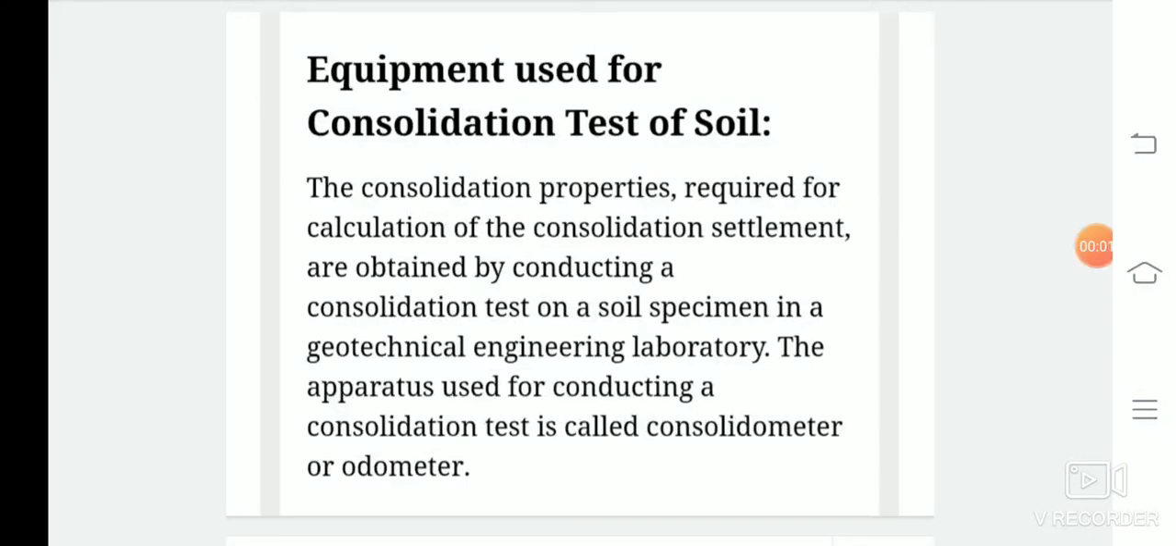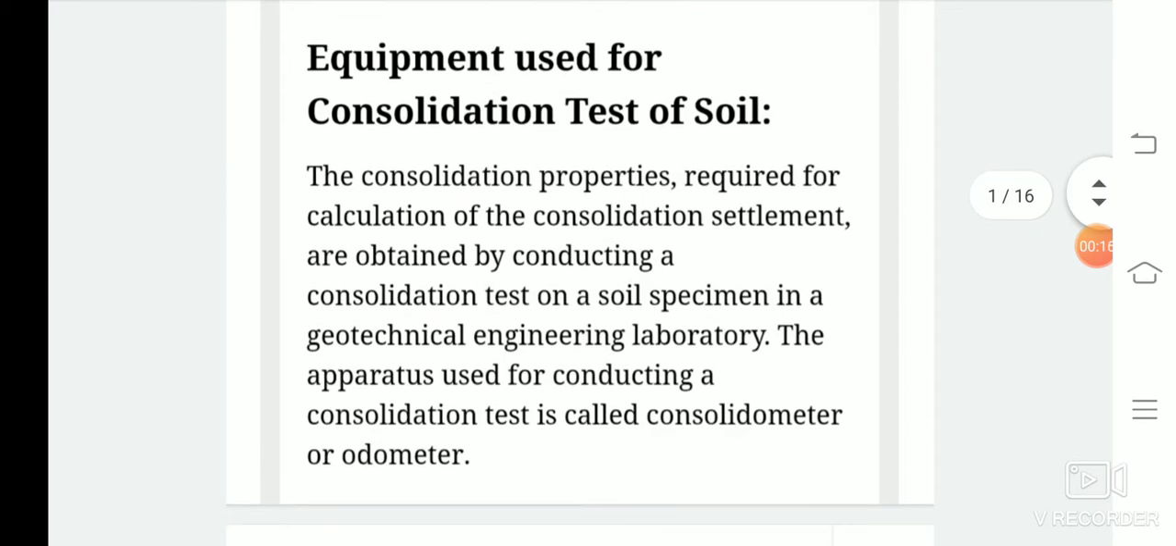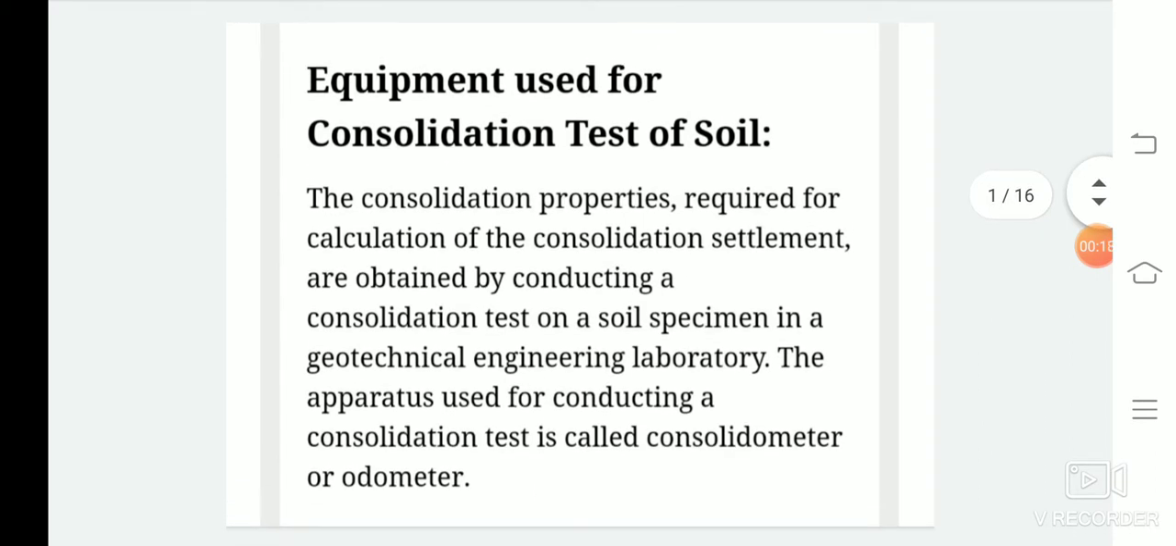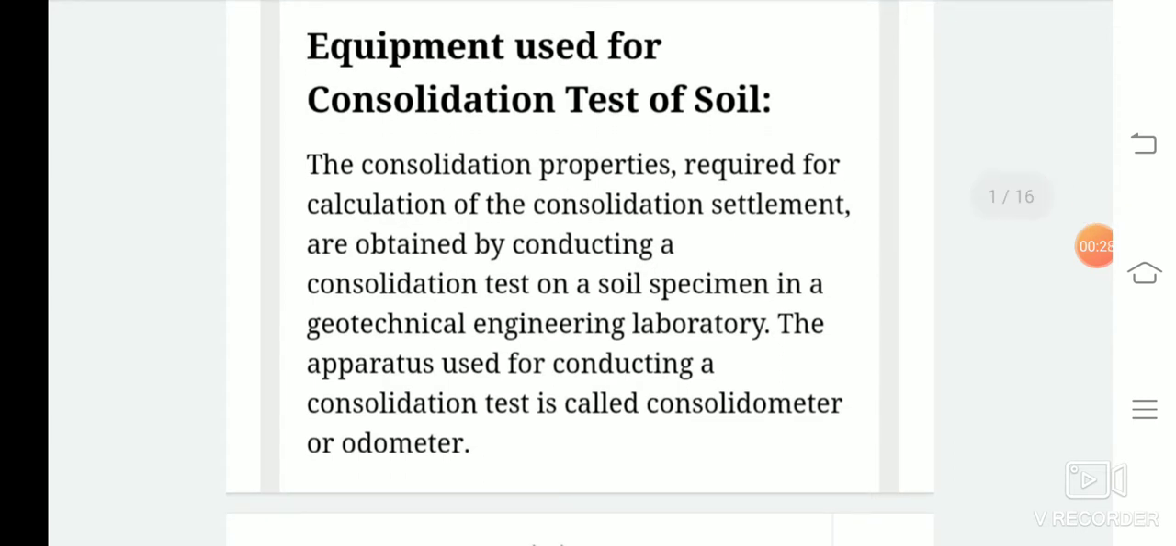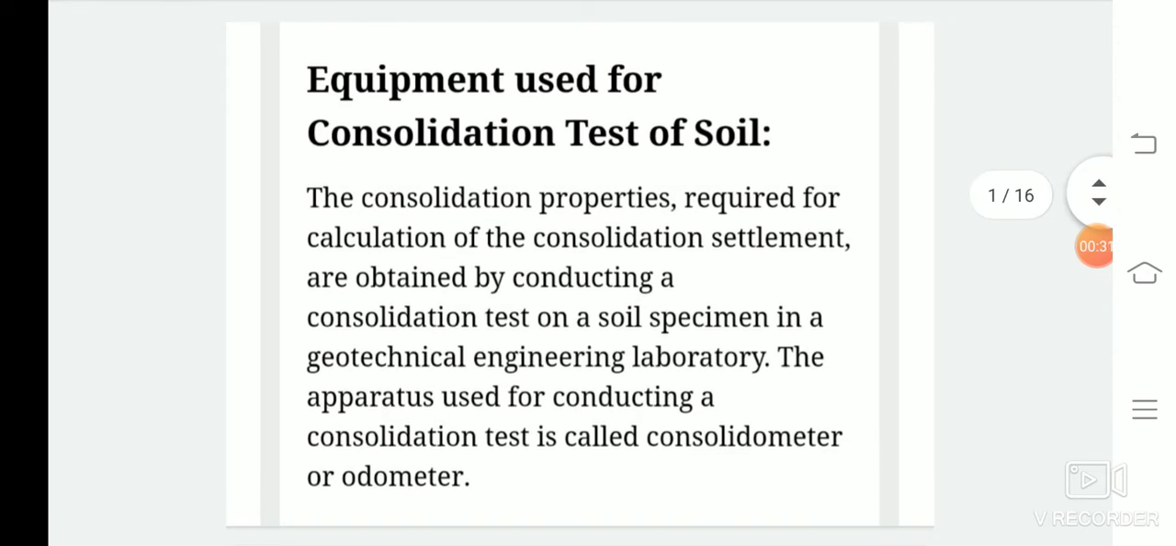Hello everyone. During the previous class, we studied the types of consolidation settlement that occur within the soil. In this lecture, we are going to study how the consolidation test is carried out in the lab. So first of all, let us study what we mean by the consolidation test, or what the test consists